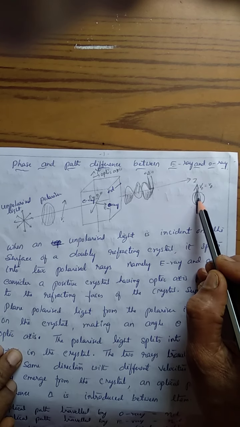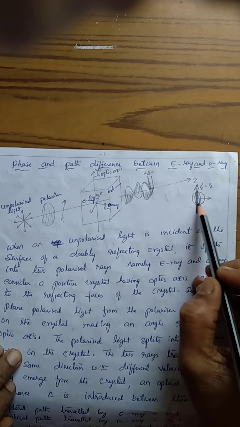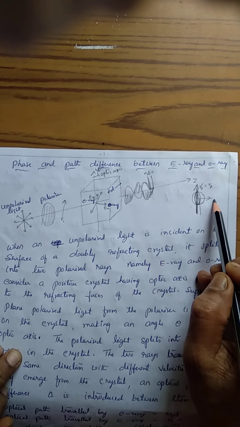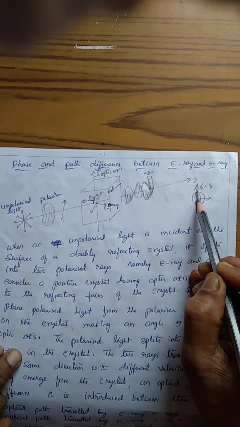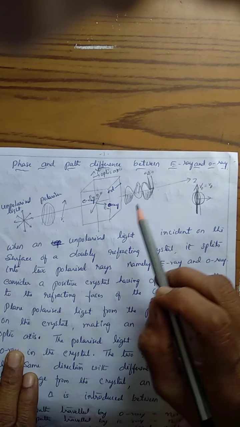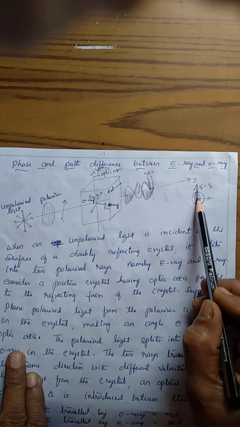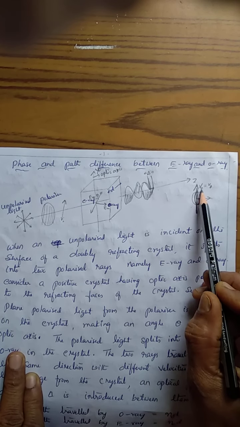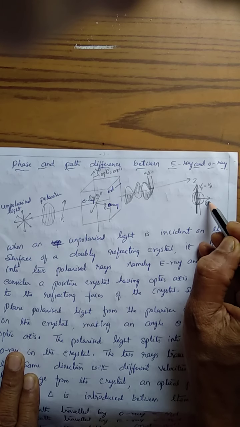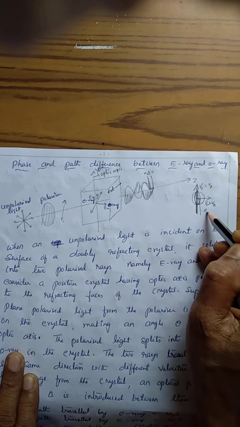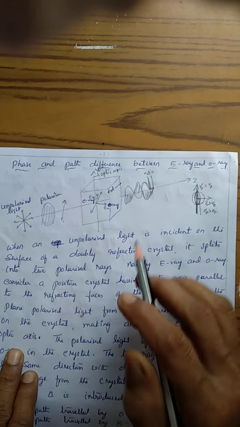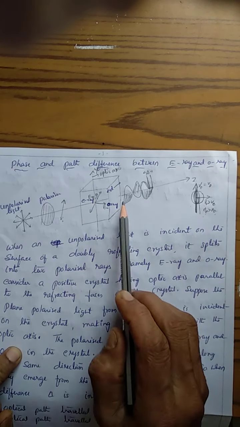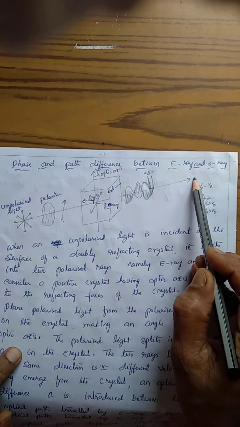See here, if this is the direction of propagation of the waves, then in this case the two rays, E ray and O ray, or the waves corresponding to them, travel along the same direction but with different velocity. It's very clear here. This is the velocity of E ray and this is the velocity of O ray. Which one is more? VO is greater than VE. So, NE is greater than NO. This is nothing but the positive crystal. Birefringence is positive.